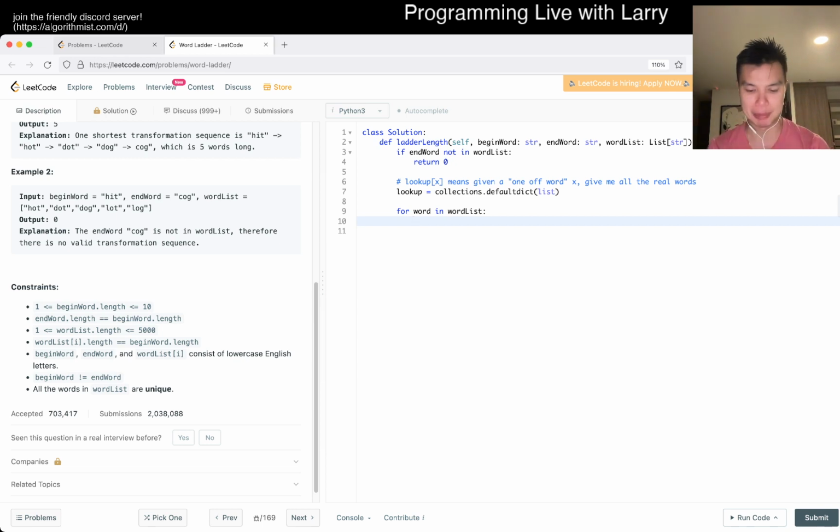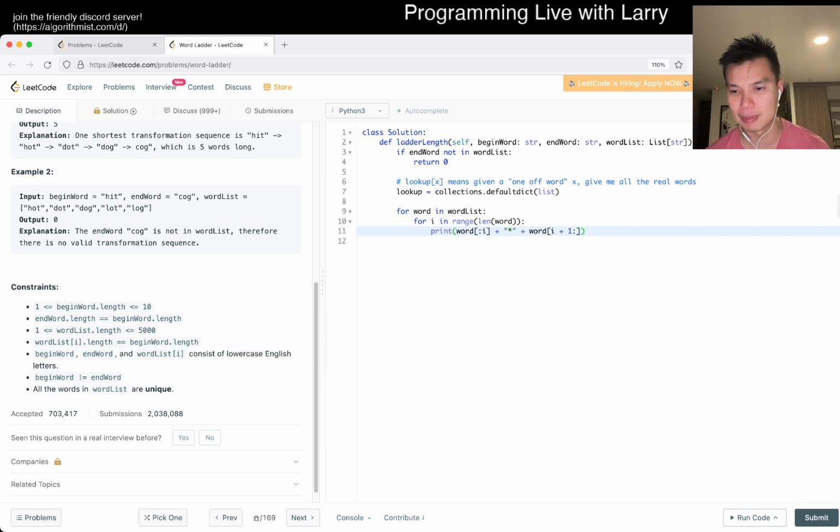But I guess maybe we just have to do for i in range of length of word. I don't know if this is really awkward, but this goes to word[:i] plus word[i+1:]. So this basically deletes the i-th character, and in its place we can add, let's just say, a star, right? And let's print it out real quick just to make sure